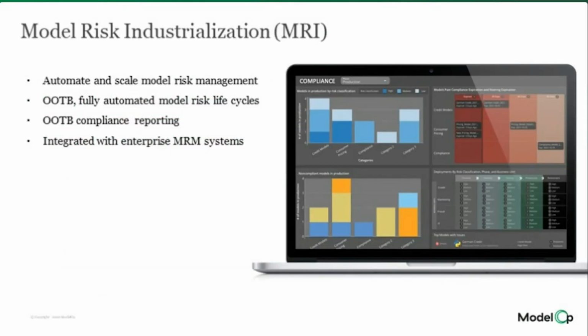So today, though, our concentration is specifically around model risk industrialization. A lot of people either have a model risk department they're already currently in flight doing, or they're developing one. They recognize the risks that models can bring to the business, and that there's regulations around these, and you have to show the due diligence that you're doing. And as we all know, it can be a big challenge to really staff up a team, scale them up, and get the appropriate resources. So what we're going to be looking at today is ways where we can automate part